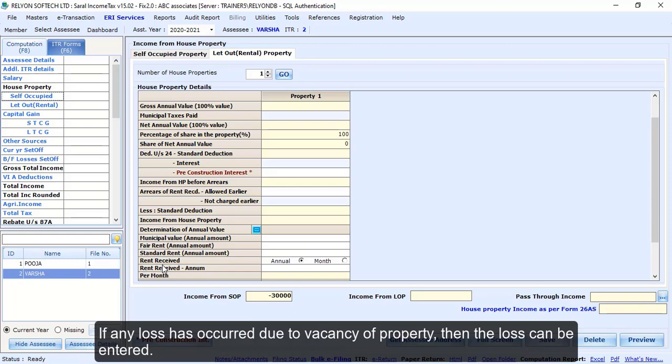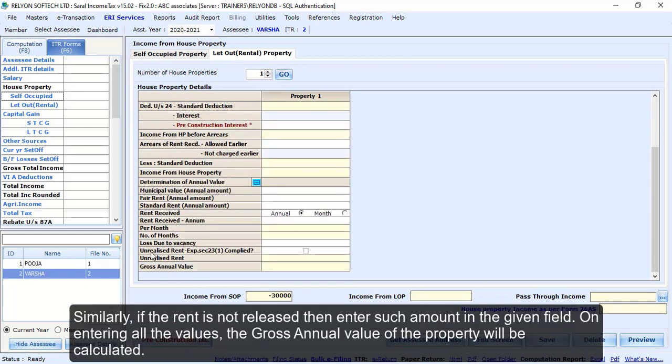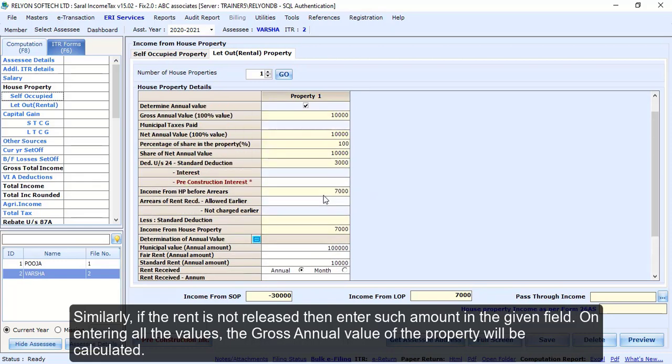If any loss has occurred due to vacancy of property, then the loss can be entered. Similarly, if the rent is not realized, then enter such amount in the given field. On entering all the values, the gross annual value of the property will be calculated.